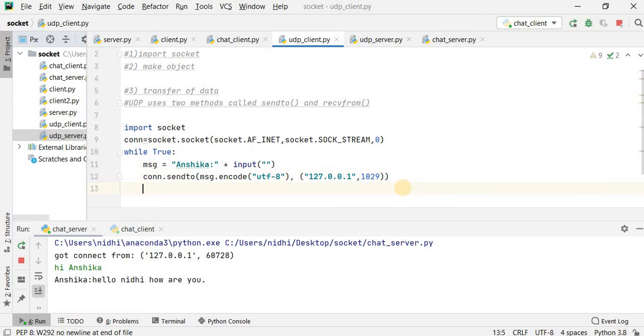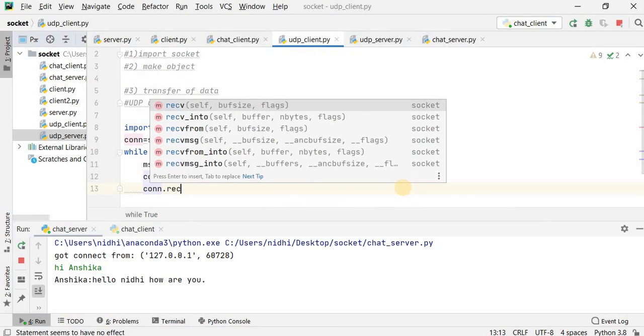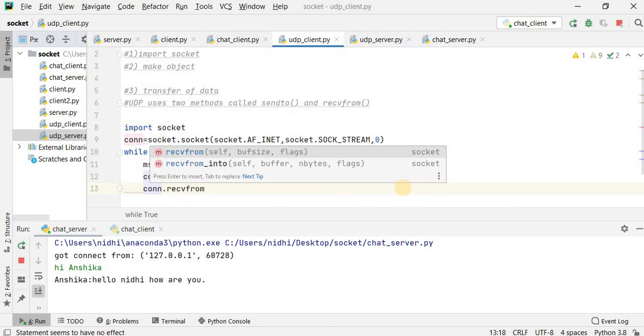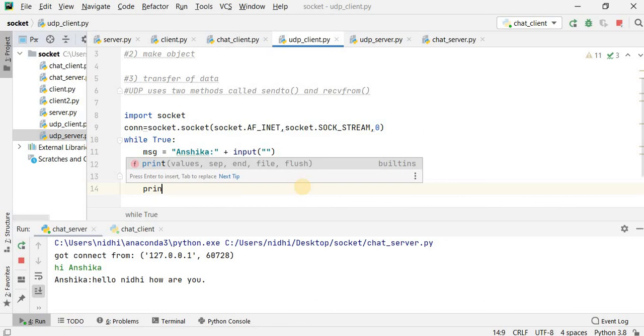And suppose the server wants to send something to the client, the client should receive it. So in order to receive it, the method will be con.recvfrom, where the buffer size is 1024. When it receives something from the entity, two things you have to represent. The first one is called data and the second one is called addr, that is address, and you have to just directly print that data.